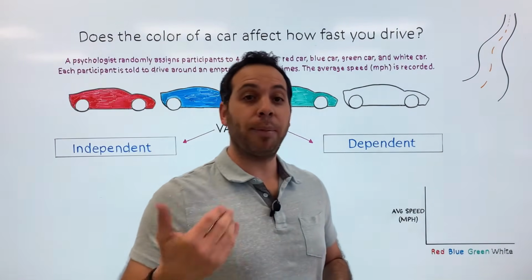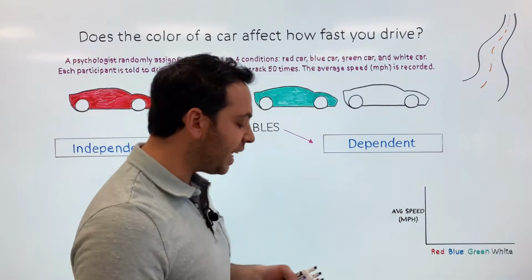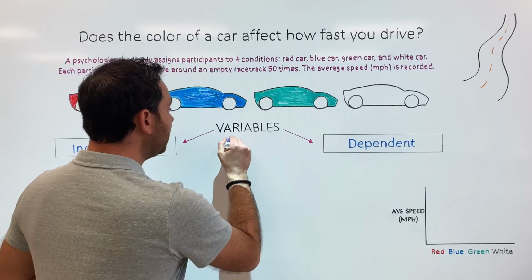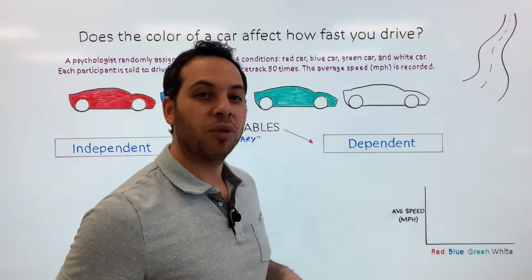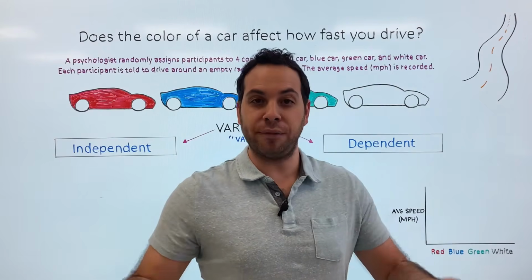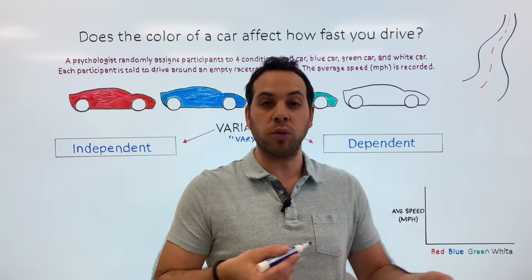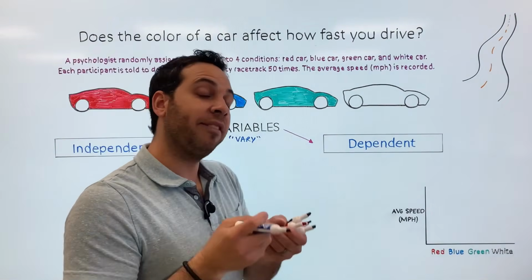This is a term we hear in biology and physics and chemistry and, of course, psychology. But what does it actually mean? The reason we use the word variable is because there are things within a study that can vary. Vary meaning change, right? Think about your life. Your mood can vary, right? One day you're happy, one day you're sad. The weather can vary. One day it's cold, one day it's hot. And what we want to know in a study is what are the things that have the potential to vary